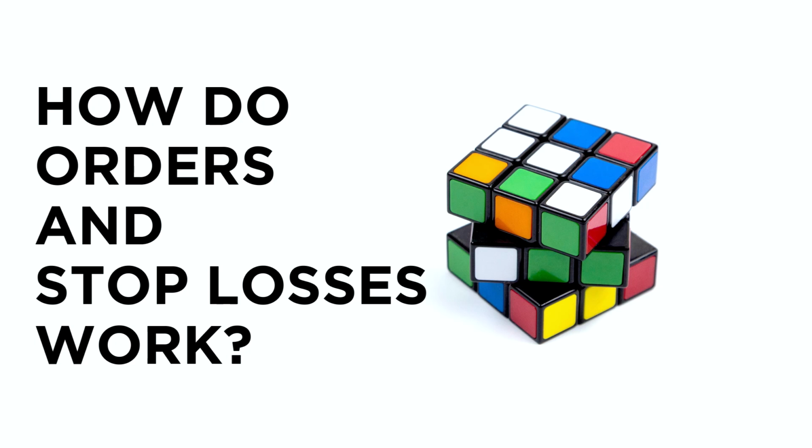Today I want to talk about the different types of orders and stop losses that we see when we're looking to actually place a trade. This is something that I know every trader comes across at some point. It might be obvious to some of you, but I get it from a lot of traders. They're saying, well, what do these terms mean when I'm actually wanting to place a trade? I've got things like market order, trailing stop, limit order, deal. What do I do with these buttons? Which one do I need to use, basically, to get into the trade that I want to get into? So we're going to cover those now. We're going to have a look through the different options, what they mean, and which ones are best in certain